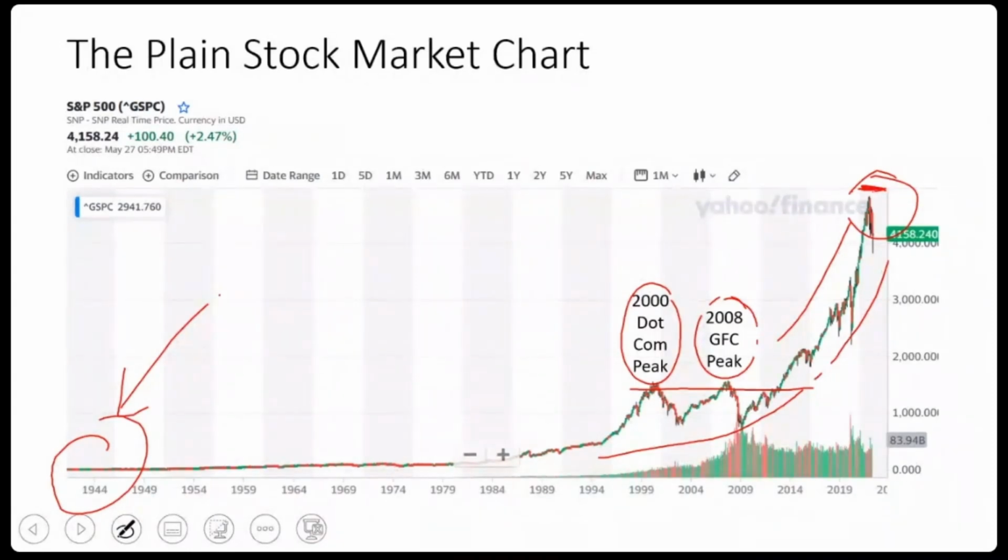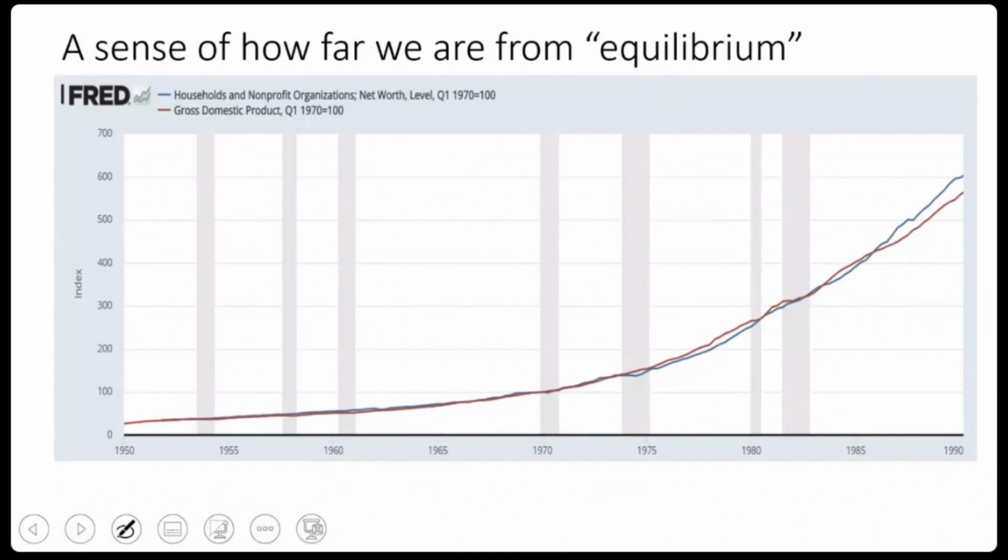Okay, so the big question is what's causing this? I think we all know it's got to do with quantitative easing. But before we go there, there's this other chart which I find quite intriguing. FRED here, this guy named Fred. It's actually the statistical data website for the St. Louis Federal Reserve. Anybody can go there. It's free of charge. I do encourage you to go and play around with the charts. They contain a lot of very good data. If you call up data like this, you can create your own chart.